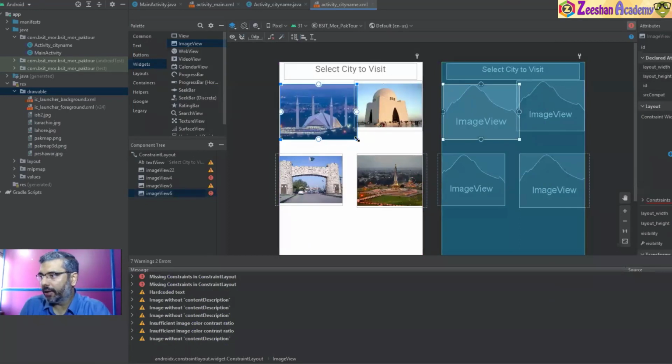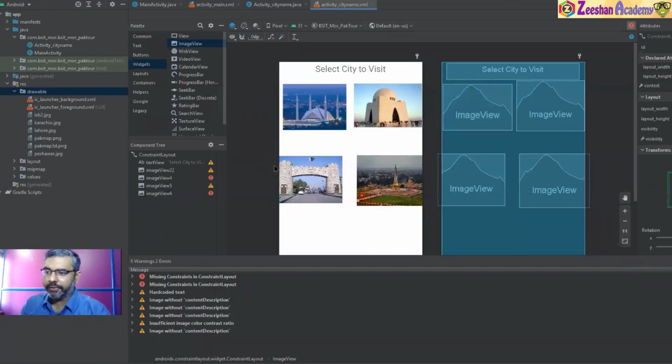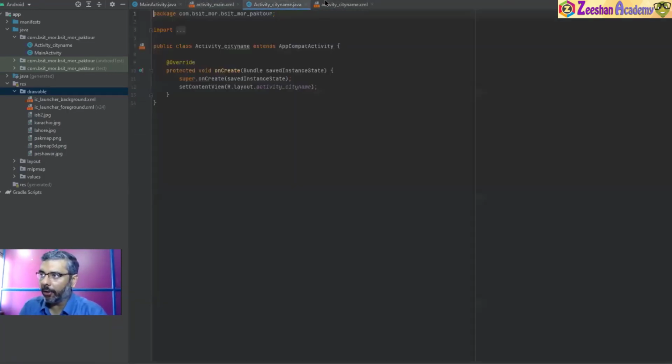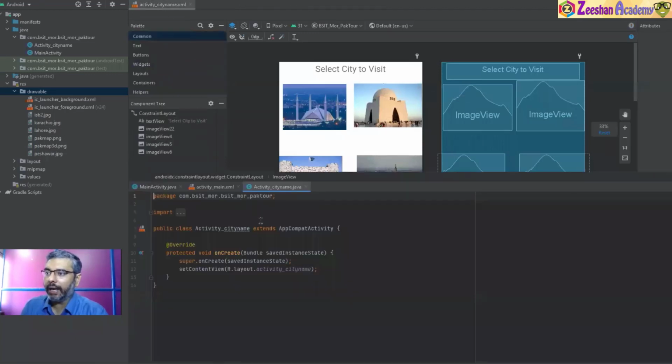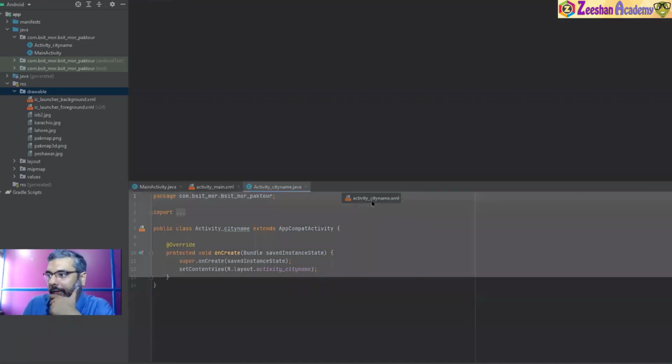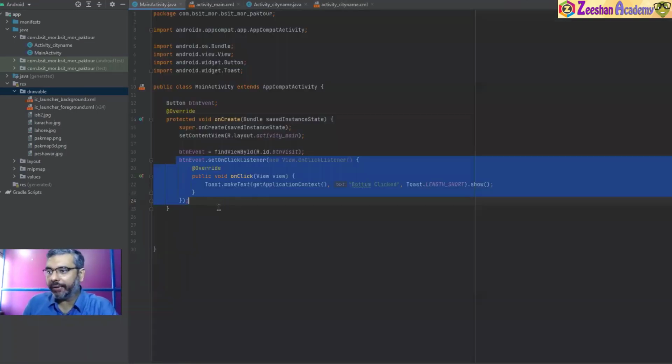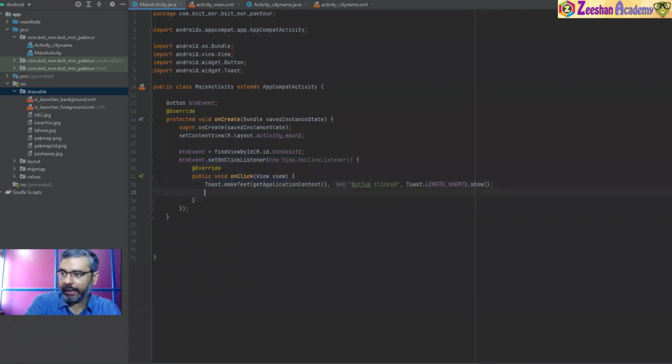ठीक है, मैं एक्चुअली फ्रेम लेआउट पे जाना चाह रहा था, बट फ्रेम नहीं चला अभी फिलहाल। So very quickly we have this interface completely set up for us. Now what we need to do is we need to go back into our main activity so that when I click on this button मेरे पास ये वाली ऑप्शन अवेलेबल हो जाए। ठीक है, तो हम उस मेन एक्टिविटी के अंदर चले जाएंगे। ये क्या हो गया? पूरा पैनल ही ऊपर चला गया। ठीक है, ये पता नहीं क्या हो गया यार। If I select back here, ठीक, तो मेन एक्टिविटी में आ गए।